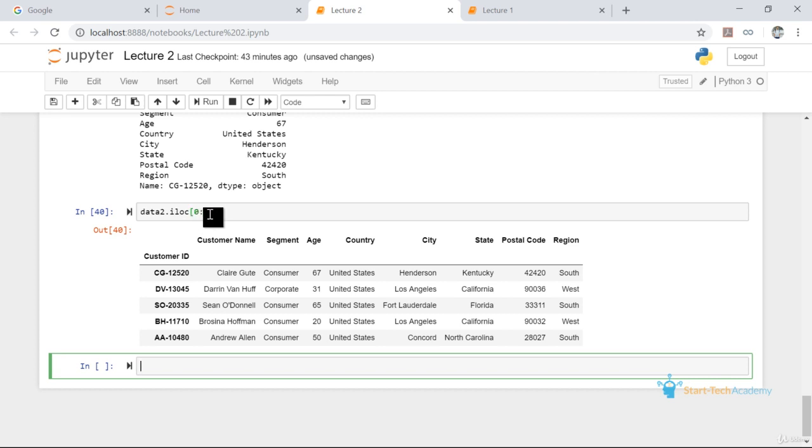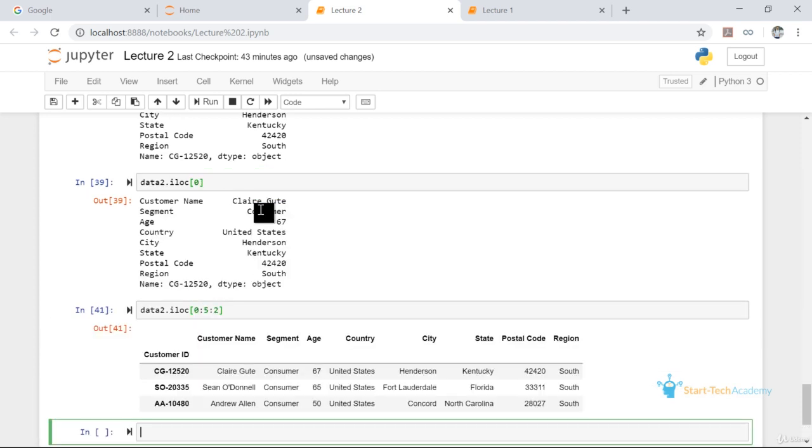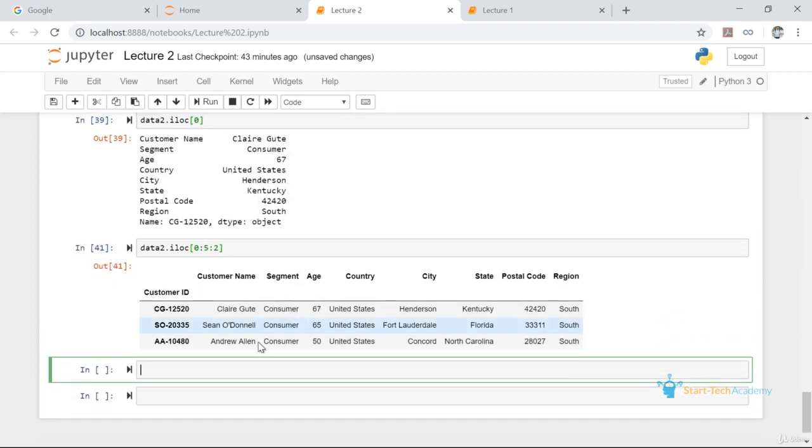Remember, 5 is excluded from this result. So I am getting data of these 5 customers. You can use steps as well. If I write 2 and run this, I am getting only 3 results since I am using steps.